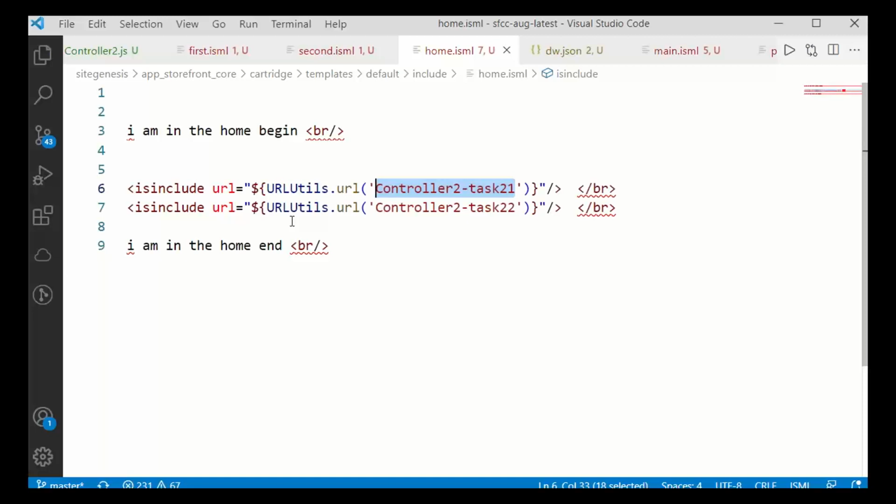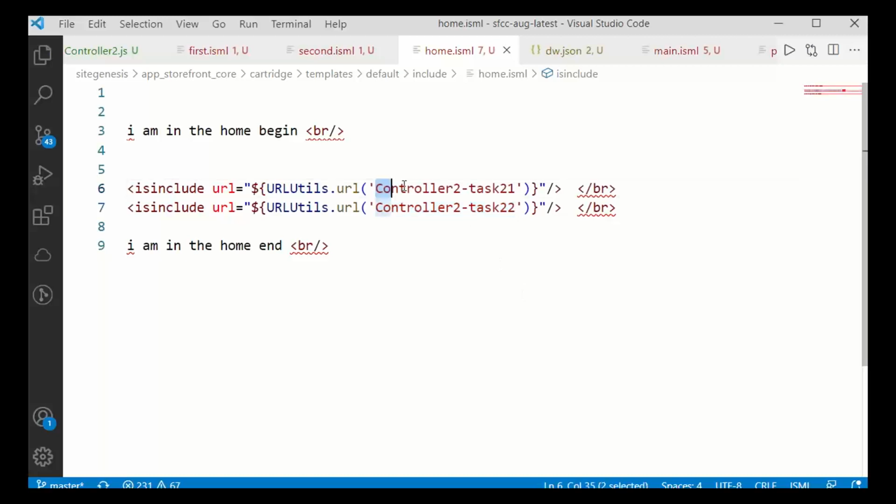So if it is a remote include, a lot of things we can achieve. Inside a template, through is include by specifying URL, you are giving a call to one task, the task internally performing something, then forwarding to another template. The template name is first for this one, and for the other you will be getting a template name as second.